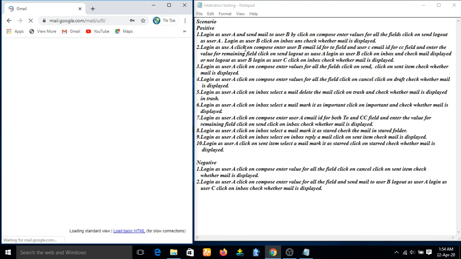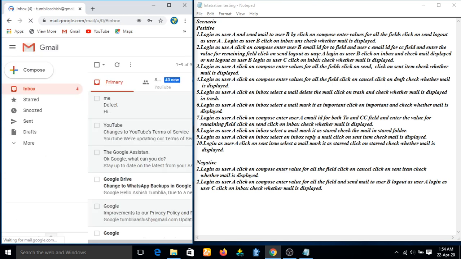Login as user A. Click on compose, enter user B email ID for the To field and user C email ID for the CC field, and enter the value for the remaining fields. Click on send, log out as user A, login as user B, click on inbox and check whether the mail is displayed or not.